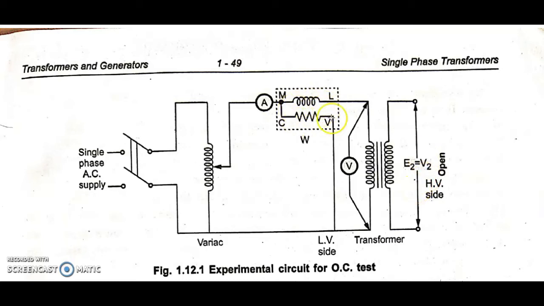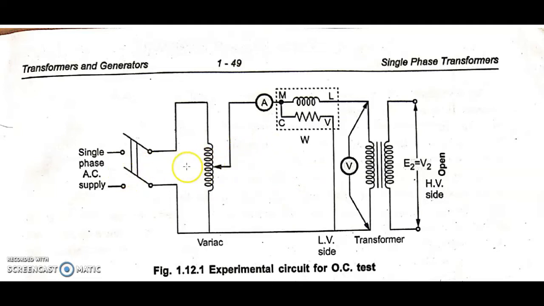And also we need to calculate the wattmeter constant. You will be doing this experiment in the lab. Okay, so we are going to read the current as well as voltage as well as the no load loss W0, because since there is no load connected, whatever supply is fed to the primary part will be utilized to supply your core losses or iron losses. Okay, and remember OC test is conducted on step up transformer. Okay, that you need to remember. OC test should be conducted on step up transformer.